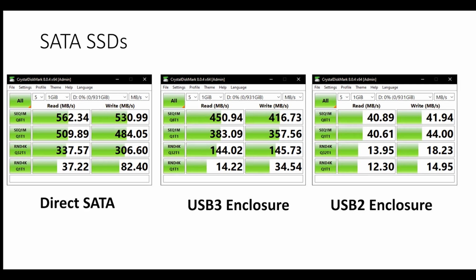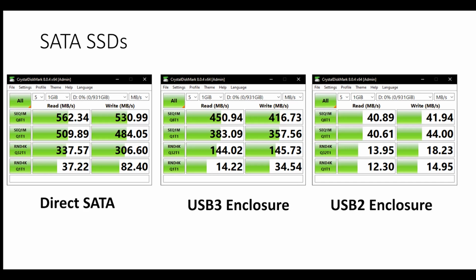The USB 3 enclosure is again very, very similar to putting a mechanical drive in there. We've reached the peak of what USB 3 can do there, at 450 megabytes per second at the top. That is about as fast as you'll ever get out of USB 3. And USB 2, again, is relatively poor by comparison. That doesn't mean that you can't use a USB 2. It will work, but you might find you get a wee bit disappointed by the amount of data throughput that